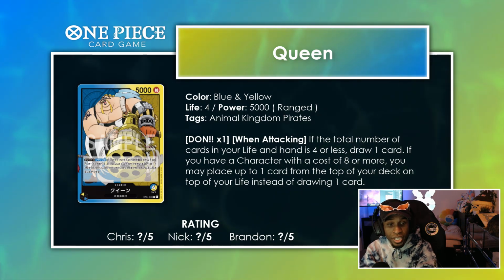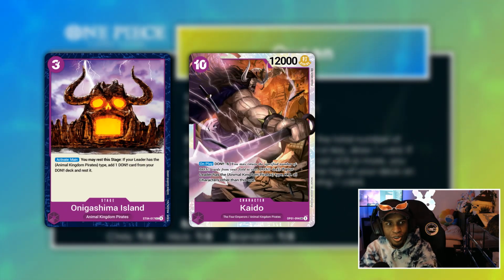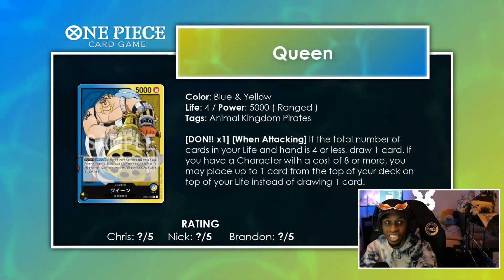He has an Animal Kingdom Pirates tag. He can't play Onigashima. He can't play 10-drop Kaido. He doesn't have access to ramp. Purple. Oh my god, this leader is...